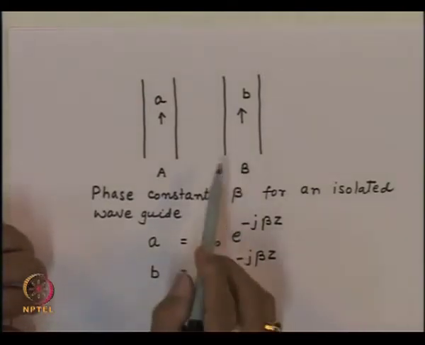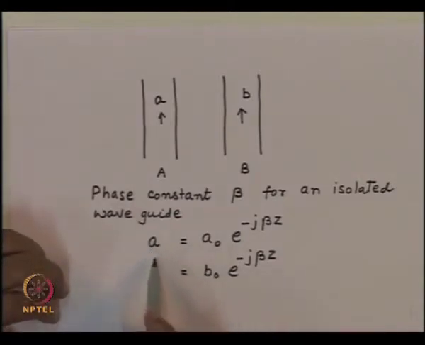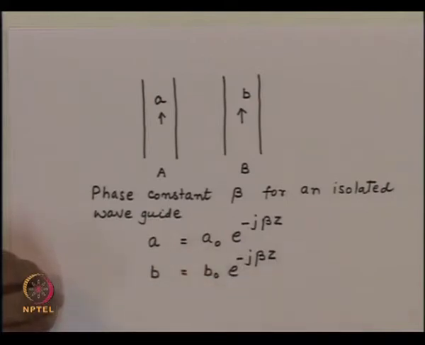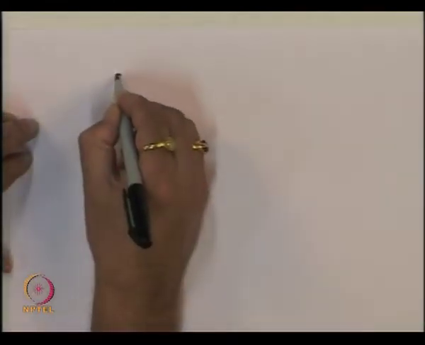And in the absence of any coupling between these two waveguides, A essentially will be governed by a differential equation that dA by dz will be equal to minus j beta into A. So if I differentiate this with respect to z, we can get the equations for A and B as